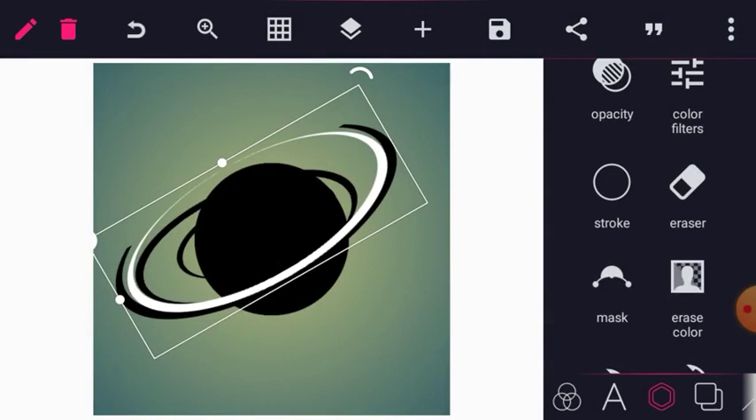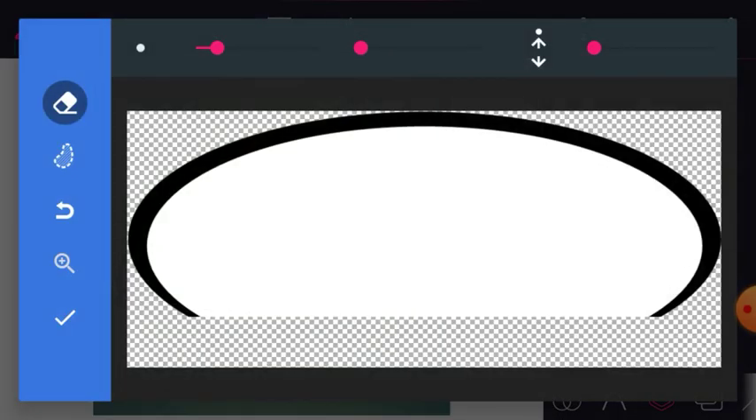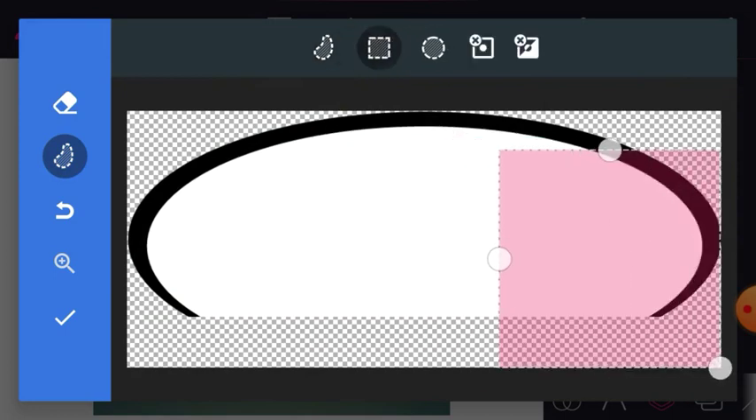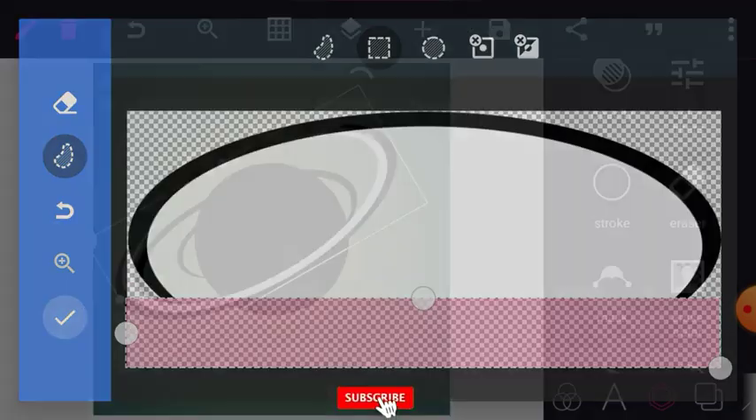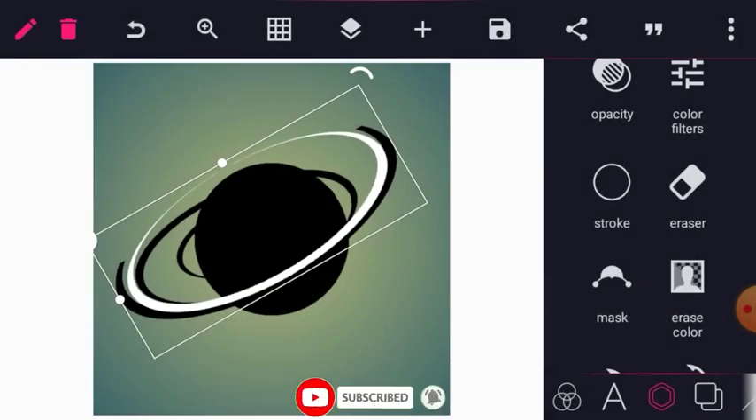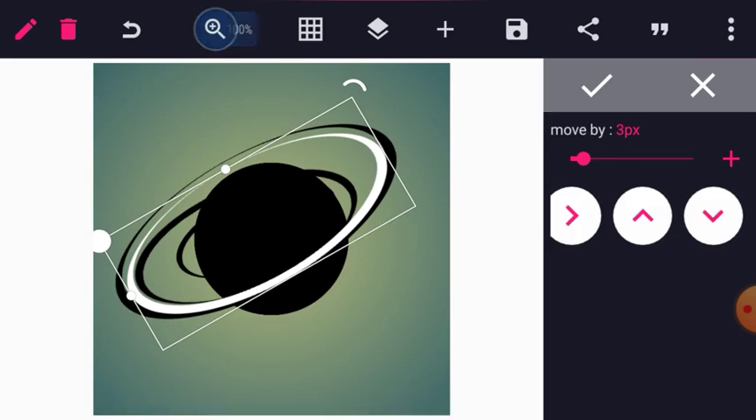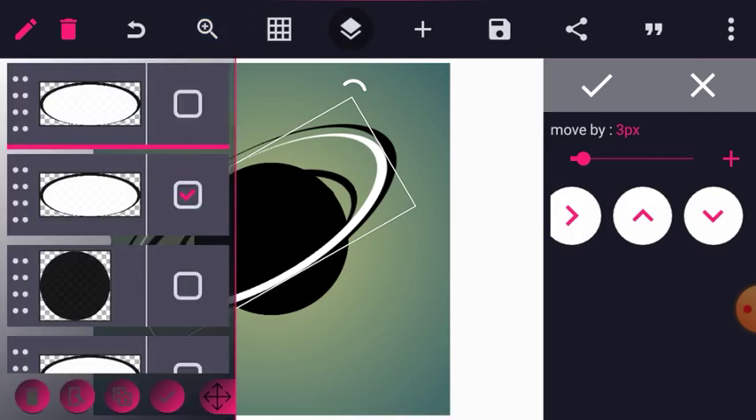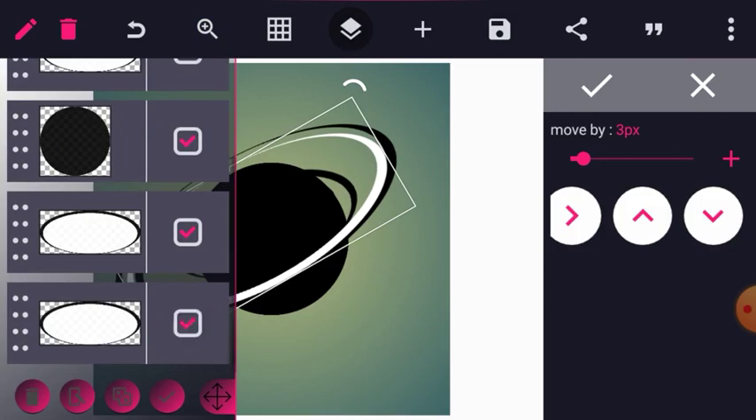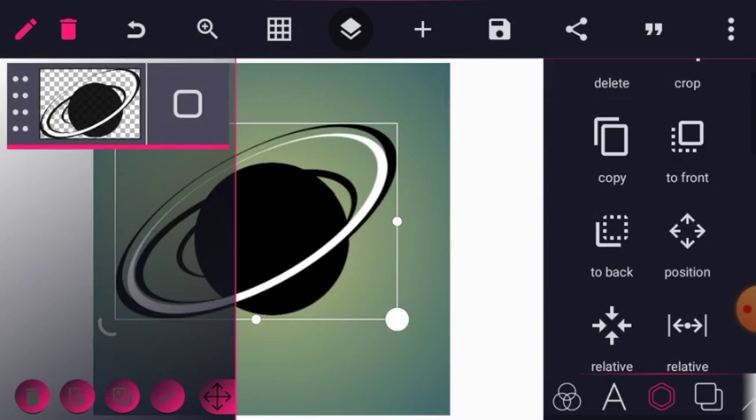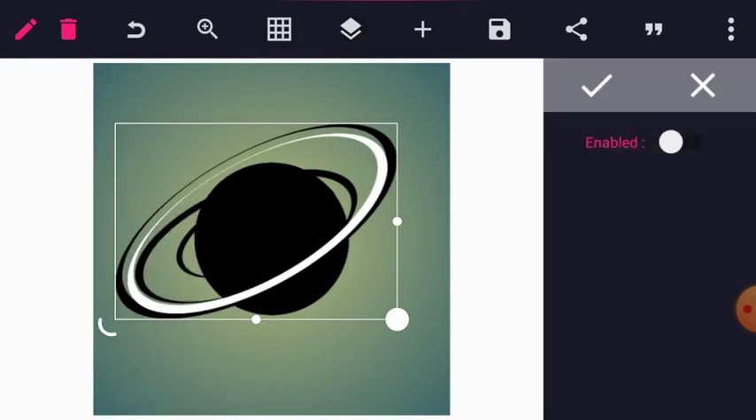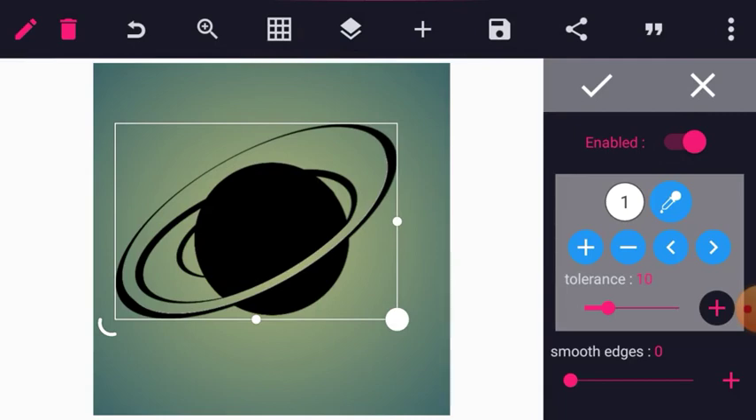So I would still like to erase more of this, so I'll click on erase and follow that same procedure and pick the square. And erase. So the next thing I will do now is to merge all the layers. Alright, so what we will do now is to click on this layer and then merge everything, just like we did before, and then click on this merge and then merge it. So we head to erase color now and enable it. As you can see, it's much better now,